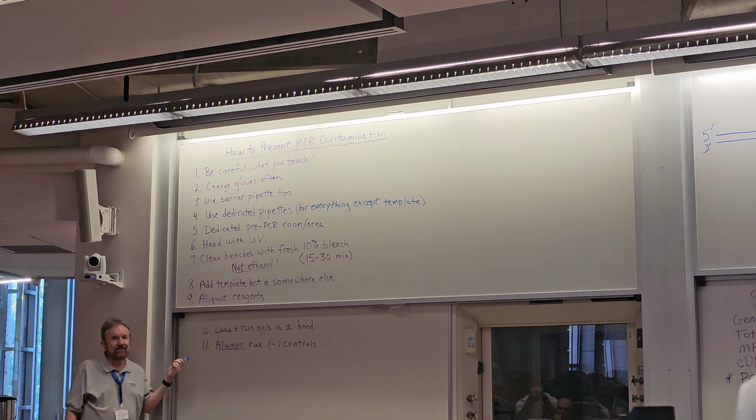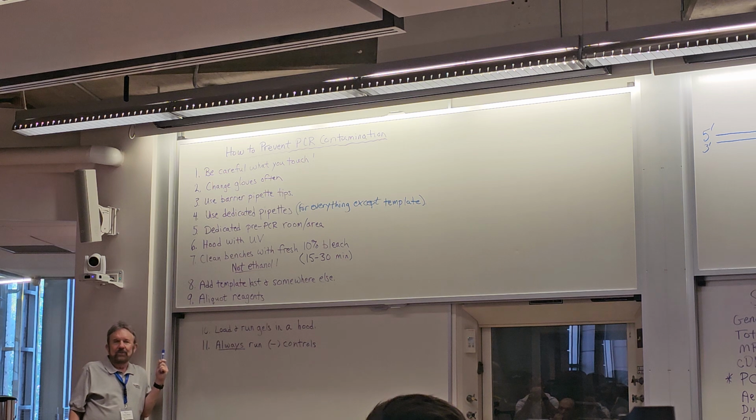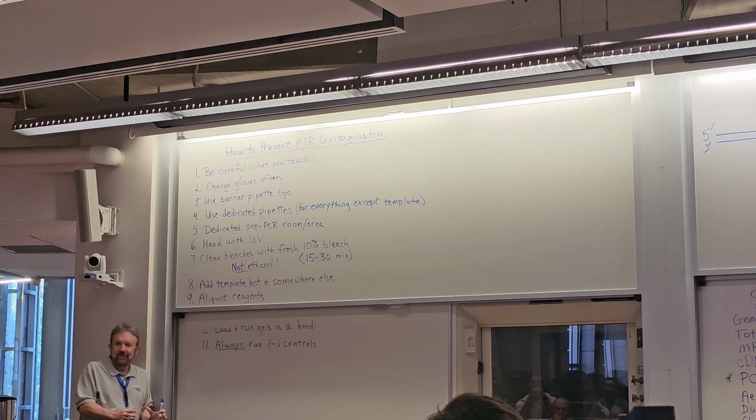And the last thing I want to say is, you always have to run negative controls. If we're setting up a 96 well plate with 96 PCRs, we'll have a negative control as the first well, a couple of negative controls scattered in the middle, and then a negative control at the end. And if you do that, and they're all clean, then you